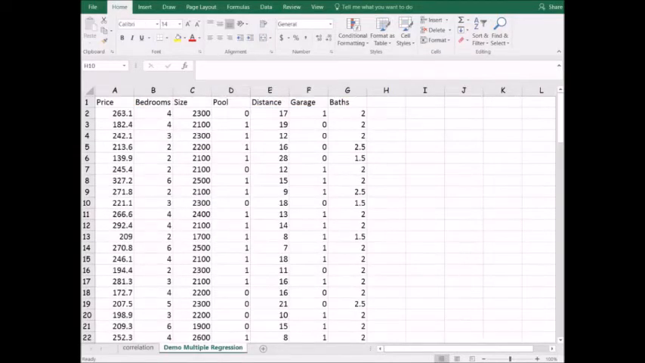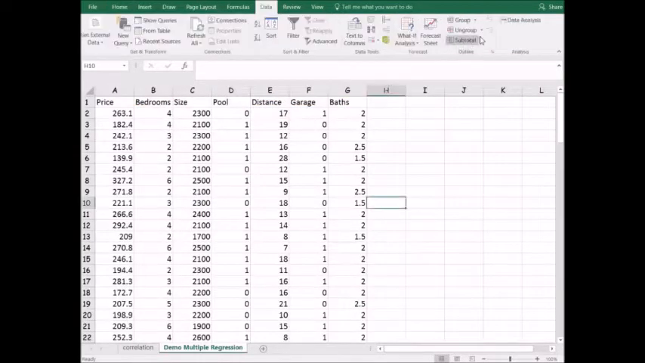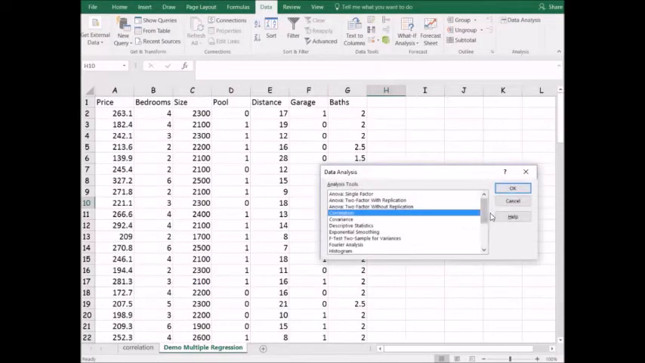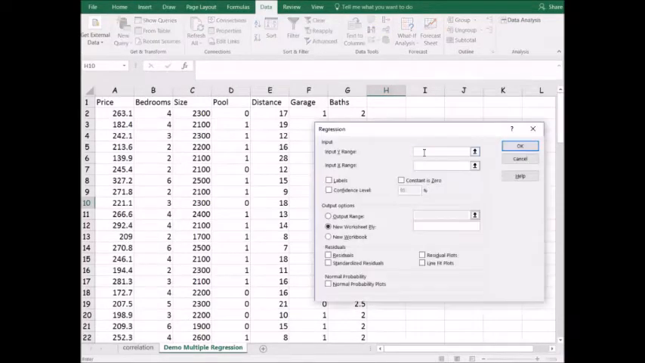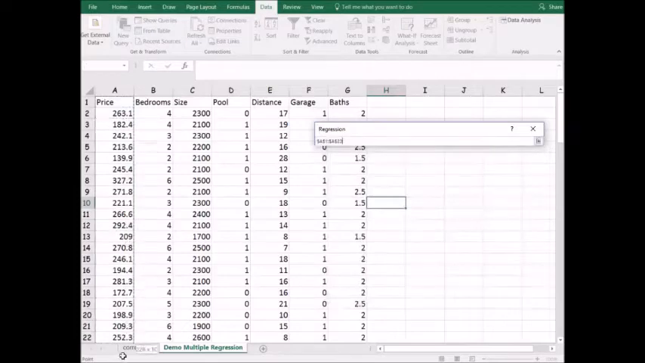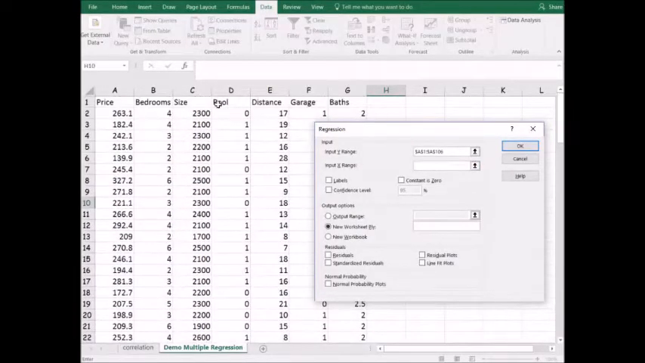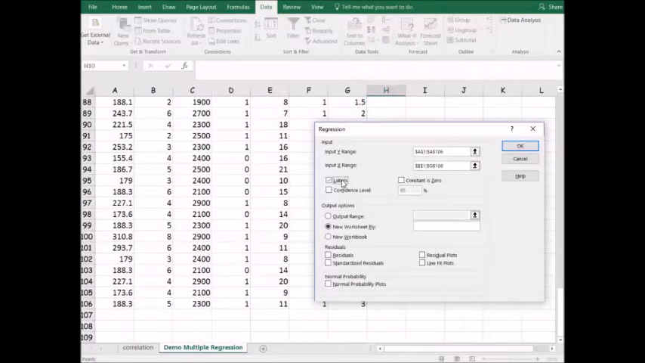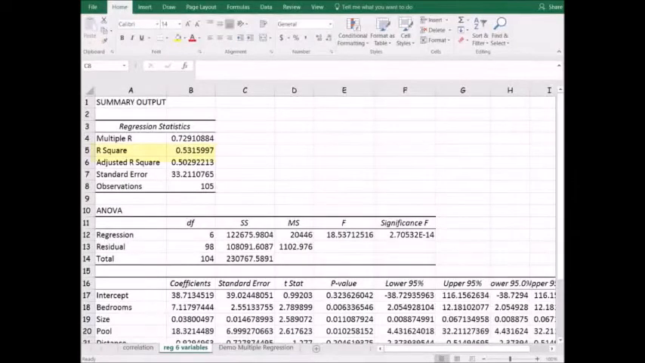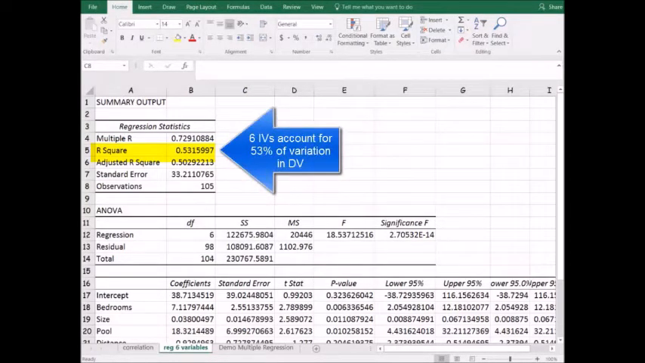We'll go to Data, Data Analysis, and click on Regression. In our Y range, we will select Price. The input X range will be all of our other variables. I have selected Labels, and I'll have my new worksheet be Regression with 6 variables. Click OK. Right now, this model has an R-square of 0.53, which indicates these 6 independent variables account for 53%